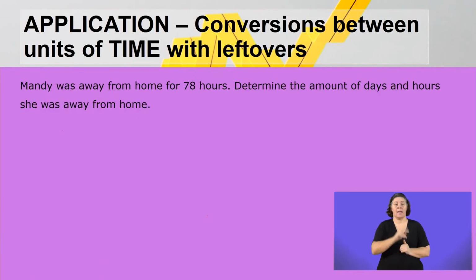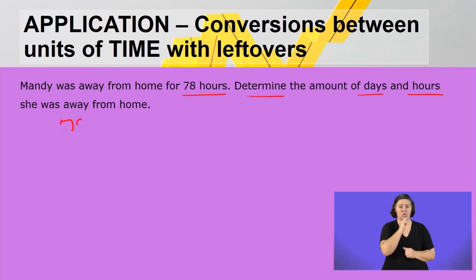In the next sum, I'm saying, Mandy was away from home for 78 hours. Determine the amount of days and hours she was away from home. So here, I would go by saying 78, and I'm going to type that in, divided by 24. So if I type that in, 78 divided by 24, I get an answer of